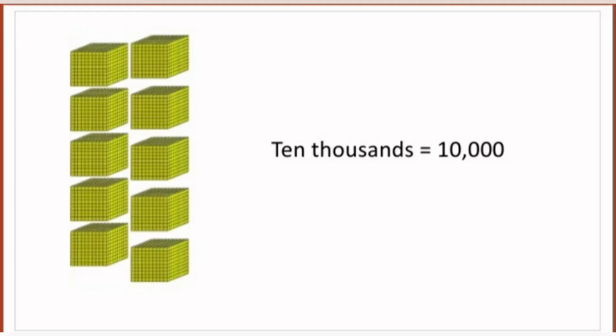Now come to this slide. How many cubical blocks are given? And you can count as 10. One cubical block, you have to count as thousands. So as 10 cubical blocks are given, it means there are 10 thousands. Okay, how will you write 10,000? That is 1 followed by 4 zeros.